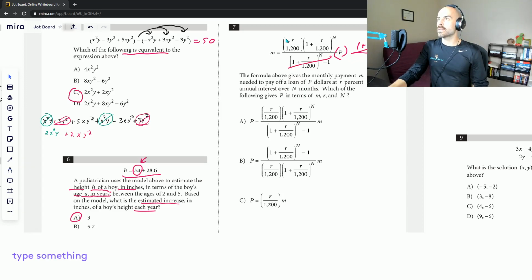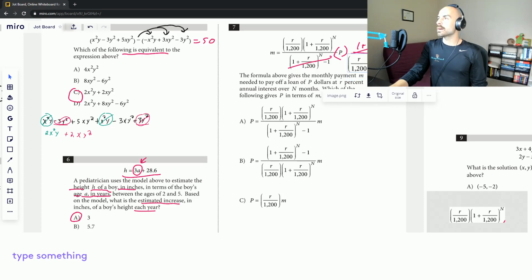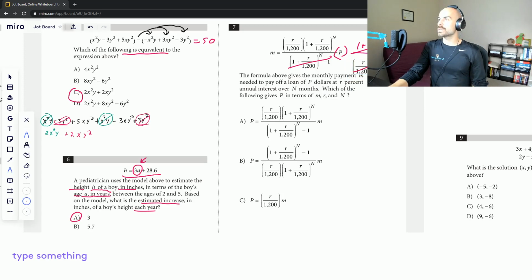And actually, I got a hack here. Boom! Don't do this on test day. This is a complete waste of time. You don't need to write this out. I'm just showing you that both of these terms here would cancel out with those here, and then you end up with that on the